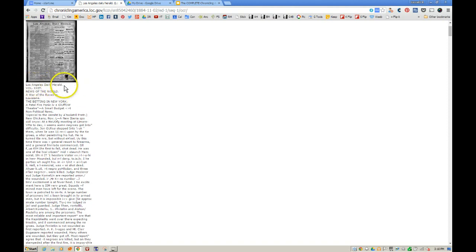It says Los Angeles Daily Herald, that came out okay. News of the World, War of the Races in Louisiana, the betting in New York, a fatal fire panic, and then Iv a Glufau, whatever that is. And as you scroll down here, you can see words that were not exactly as they were in the original. By a Toshatril Predator, I suspect that is really Associated Press. New Iberia, TTEUOFG. So the moral of the story is, if there are search terms that you are looking for,